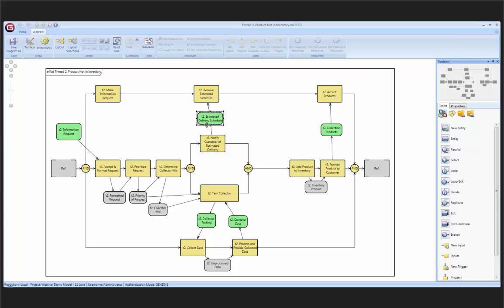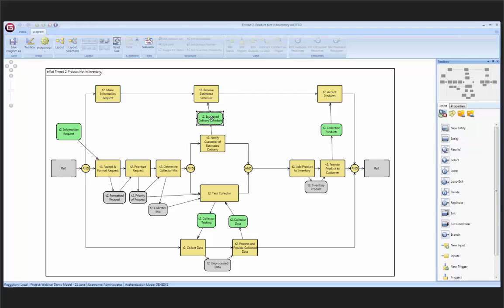What this green box tells us is that once this function down here, notify customer of estimated delivery, finishes, it sends a message up here, and this message, or this data store, is required for this function, receive an estimated schedule, to do its functionality. So this function up here will not be enabled until this particular